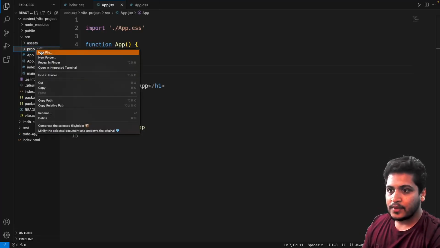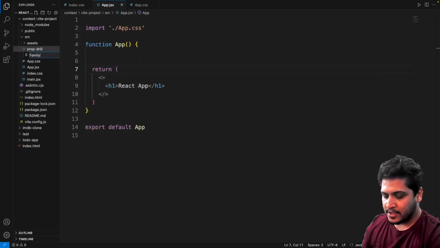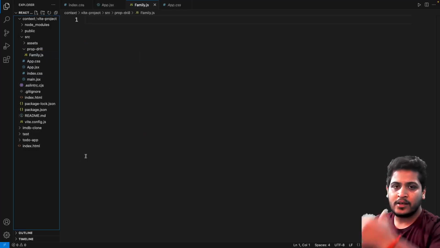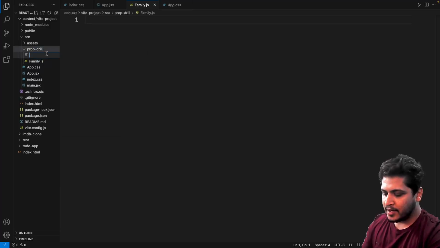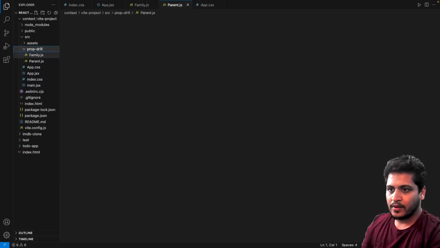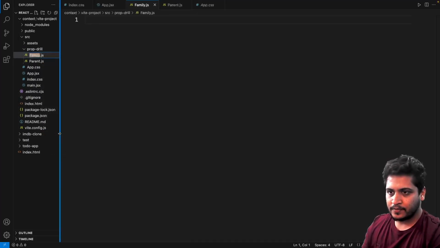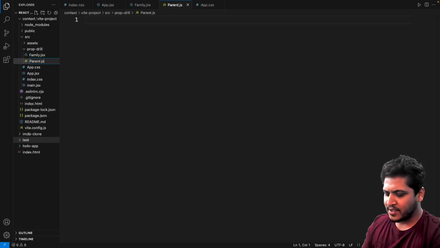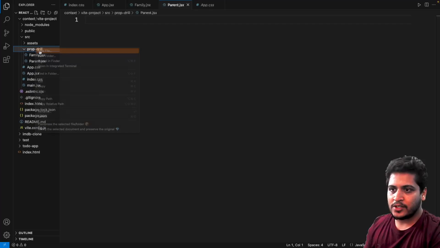So over here I'll create a new file. The first one will be the family, so let's say family.js, right? And then let's basically create all the components that we'll need. So from family we'll move to parent. Let's do JSX for each and every one of them. Save, and parent.jsx. You can keep it as JS as well, doesn't matter, right? Family.jsx, parent.jsx, then we can have our